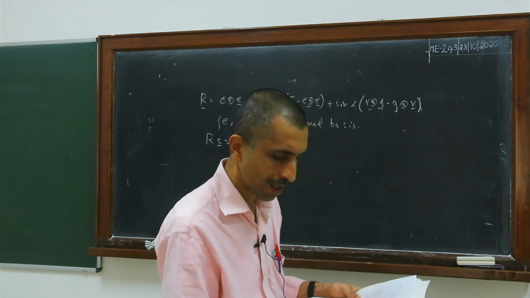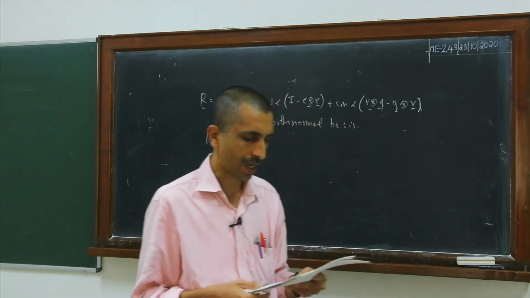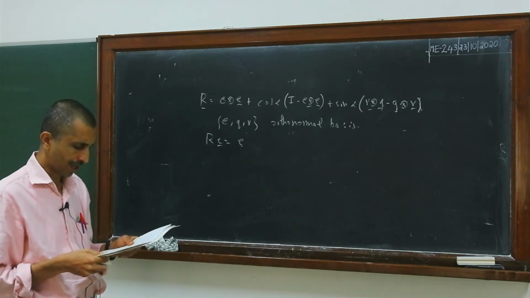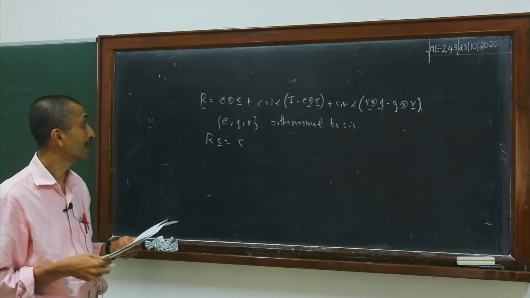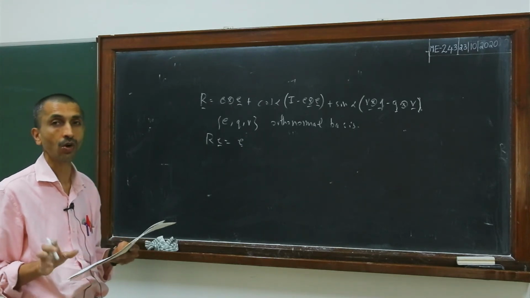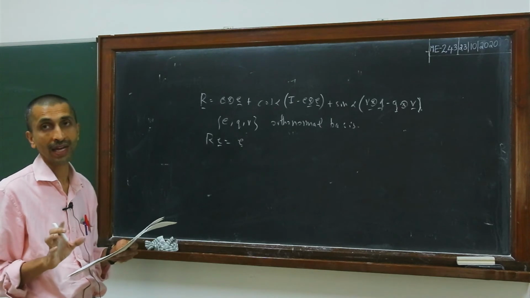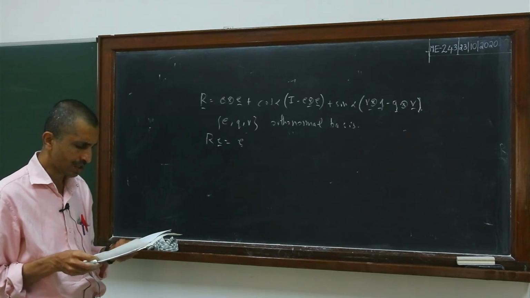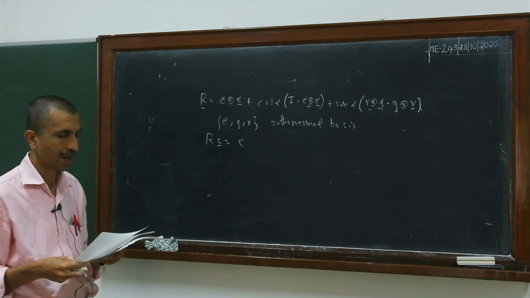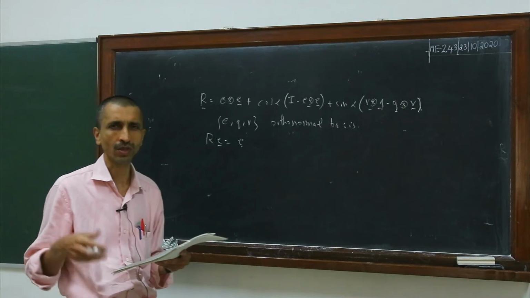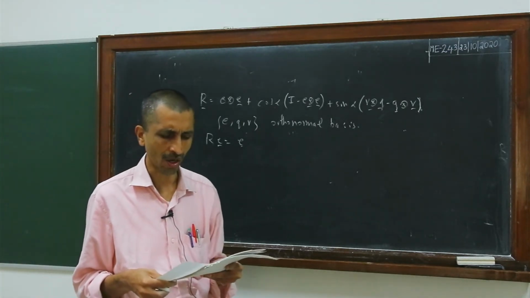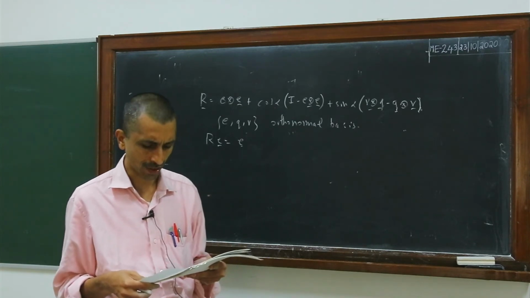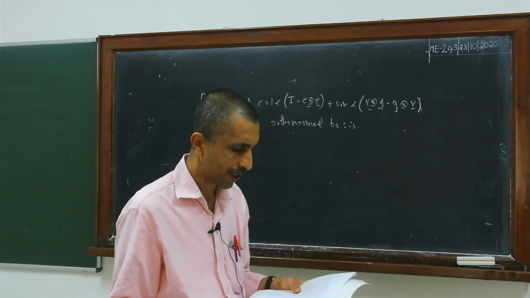In the same way, you can prove that any R which belongs to the set of proper orthogonal tensors can be represented in this particular way. But as I said, we do not have the time to get into the proofs of all of these representations. Please look up the book. There are also representations in terms of the complex eigenvalues and eigenvectors. All these representations are quite useful in various contexts, in proving various properties, or in proofs of other theorems involving rotations. We will not get into that.